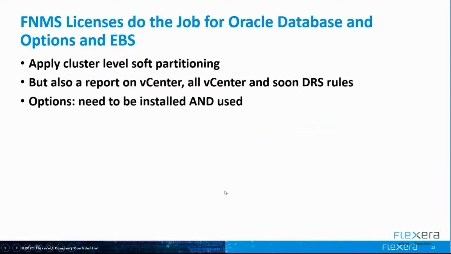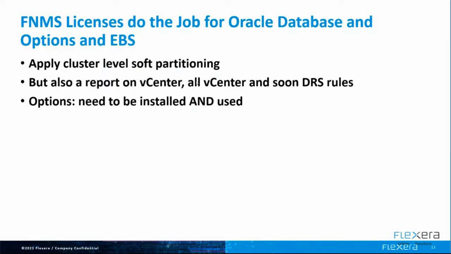One is you need to create your licenses in FlexNet Manager. The licenses will do the job, which is calculating for Oracle database and Oracle options which are installed and used, and for EBS based on the number of users. The licenses will do the calculation, applying a cluster level sub-partitioning, but also a new report that was implemented 2 months ago, and that is also available on the community published solution, will do the vCenter level and even